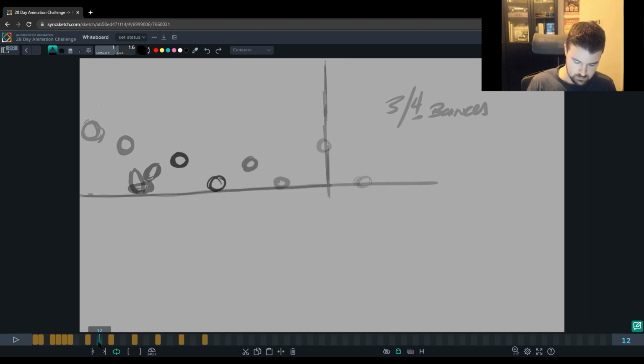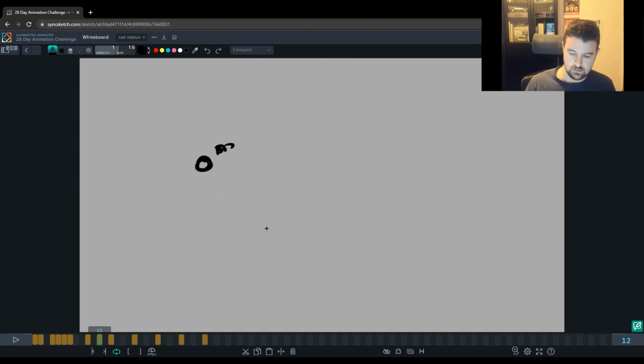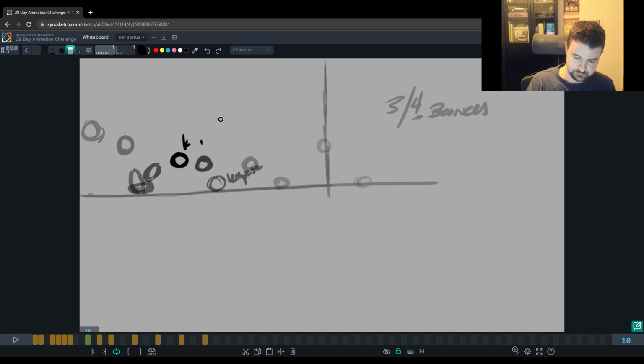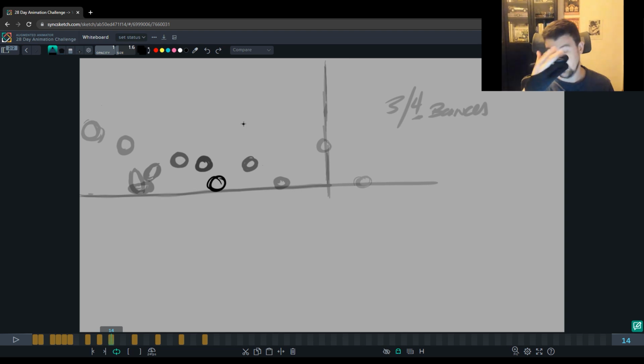And then I wanna go through and really make sure that each of these bounces are favoring the top with the breakdown. So this is a breakdown key where it's halfway in between our two key poses. So you got a key pose here, key pose there, and then there's a breakdown there. Okay, so that breakdown is telling us how we get between our key poses, how we get through that move. And because we're favoring the top, it tells us a lot about the weight of this ball,